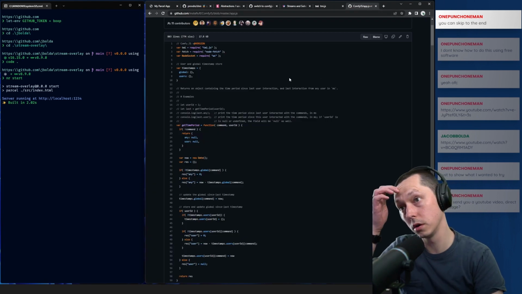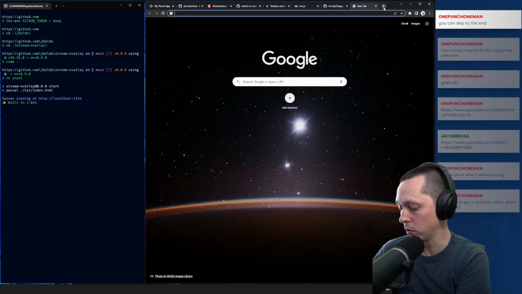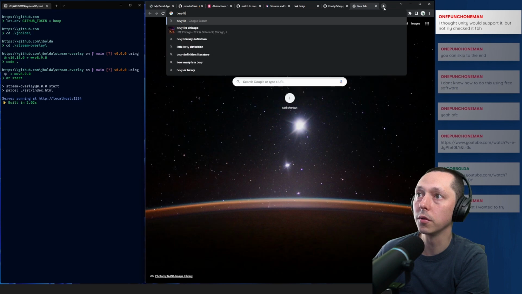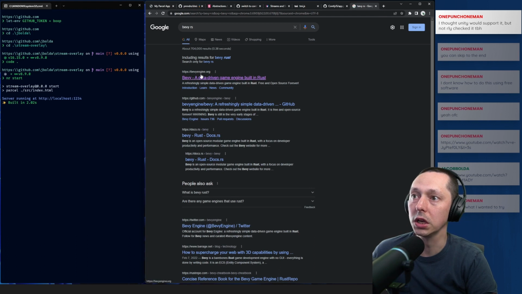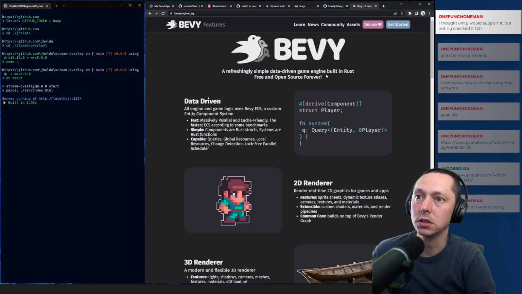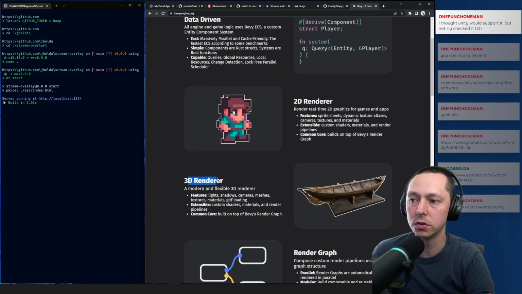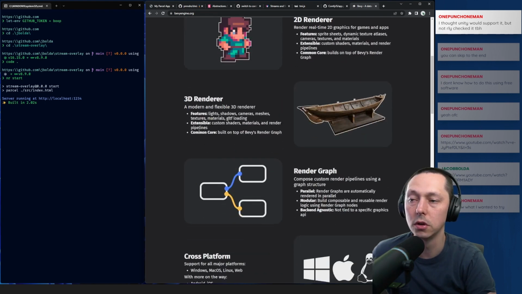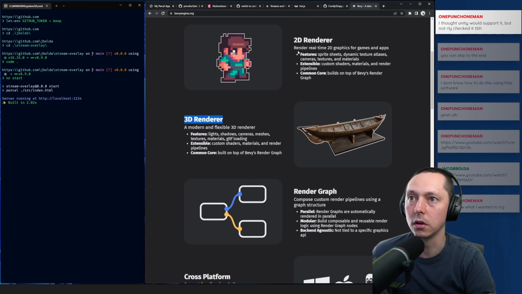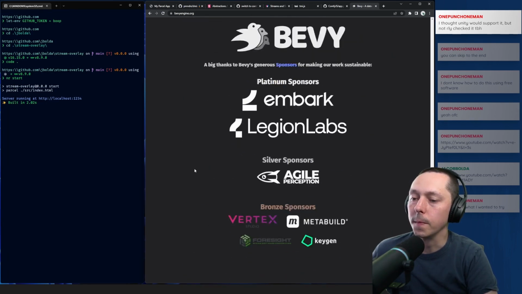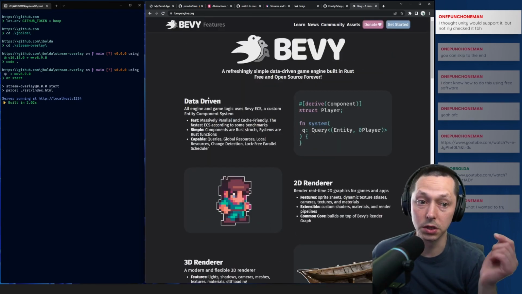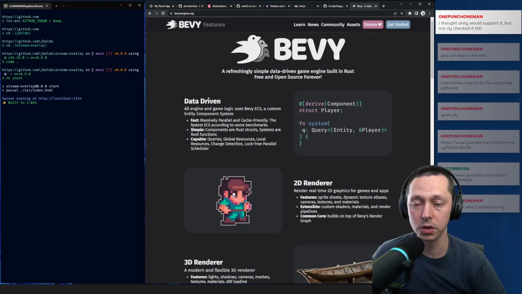Because one game engine that I've worked a little bit with, and I've got a friend that has been doing a bunch of workshops on it, is called Bevy. It's written in Rust. I guess they don't specifically say 2D anymore, but it does do 3D. It used to be more of a 2D thing, but they've gotten into 3D stuff more recently too. And you can bring in GLTF into here, and Unity is also the big one.